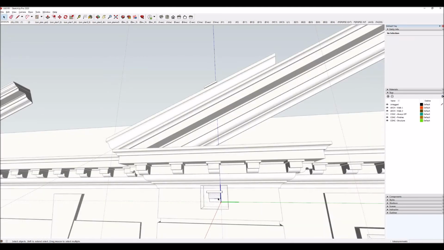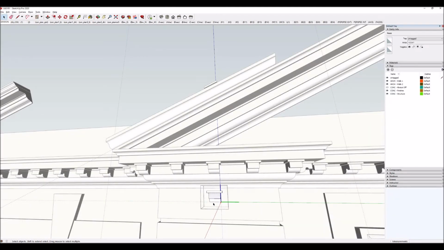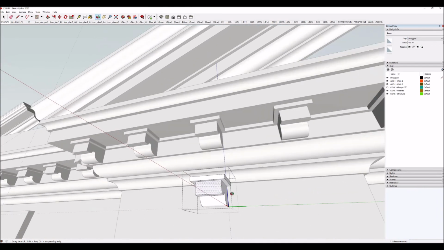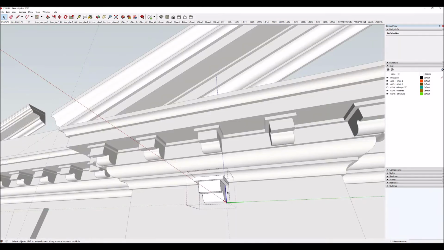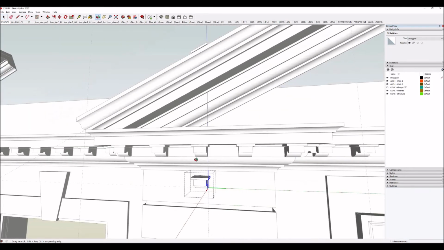So what I did was I had to separate it into two parts. Everything down here I made into a group, and then everything up here I made into a group. And then I was able to just take that chunk and pull it up like that to get the distortion, to get the angle that I needed